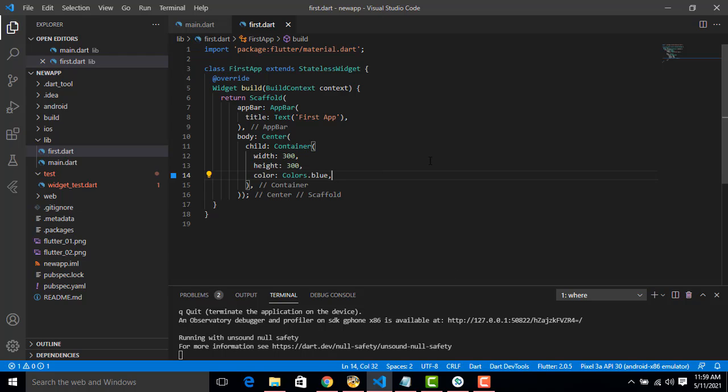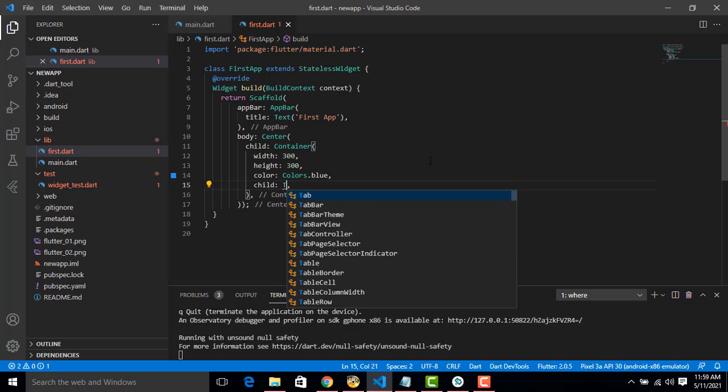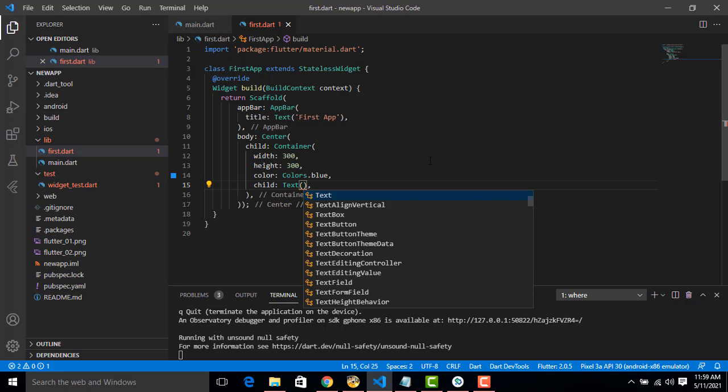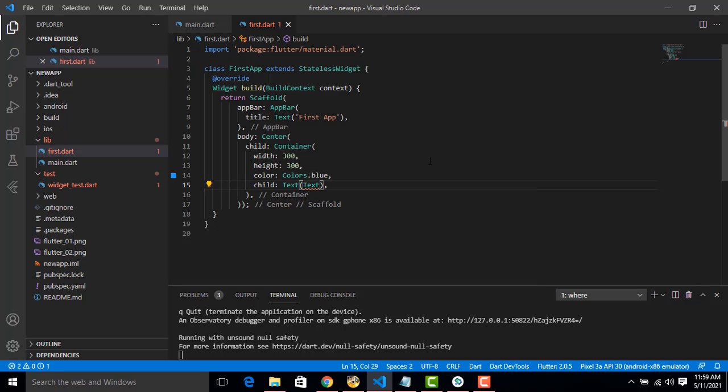I'm going to write a text over here. We have to write child. We have to put a child component. Child also we have to write child component. I'm going to explain it here. Okay, this is text. Child object text. Here we have to write a name. Name, here you have to write John. John is a name I'm going to type.